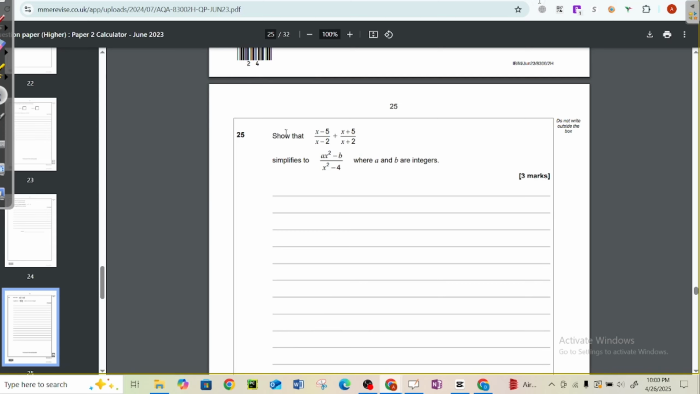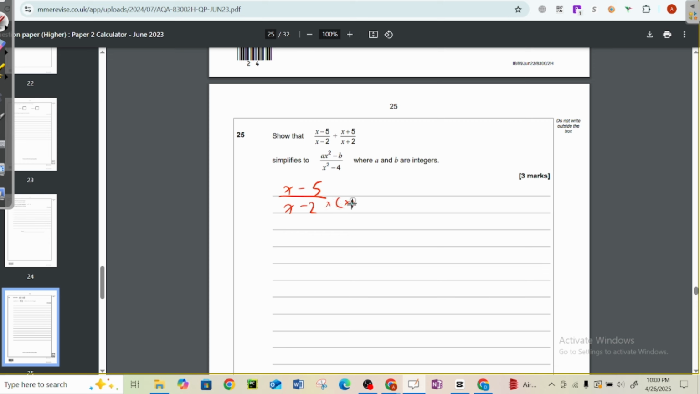This question: show that (x minus 5)/(x minus 2) plus (x plus 5)/(x plus 2) simplifies into (ax squared minus b)/(x squared minus 4), where a and b are integers. Okay. First step is that you have to make the denominators the same by multiplying each fraction by the other fraction's denominator. So for (x minus 5)/(x minus 2), you multiply this fraction by this denominator,